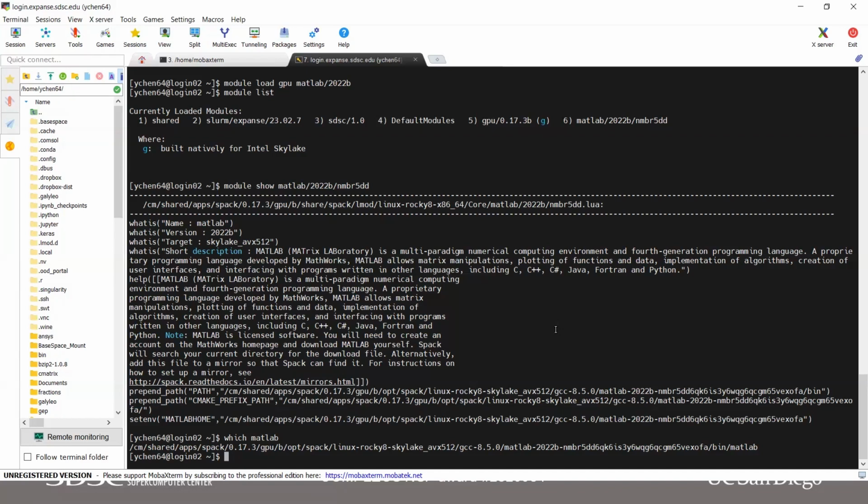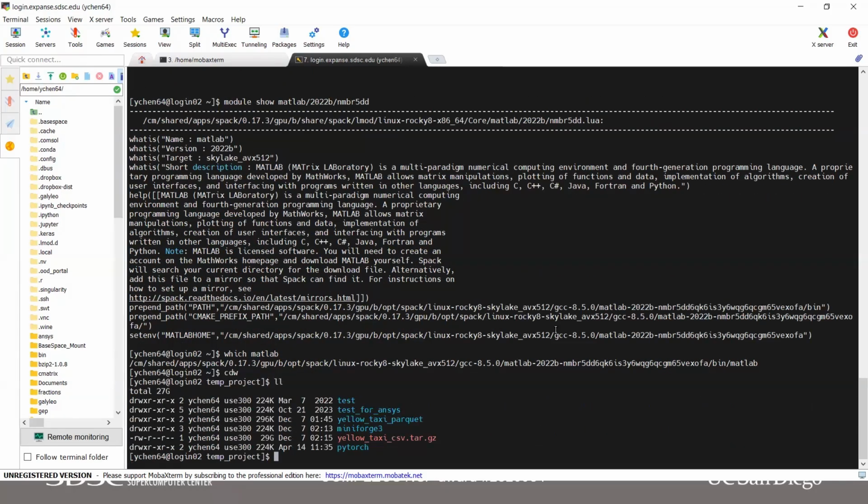In that example, we can just copy the example from the shared examples directory, SDSC PyTorch, to our current directory. Remember, we already have a lot of examples available for you